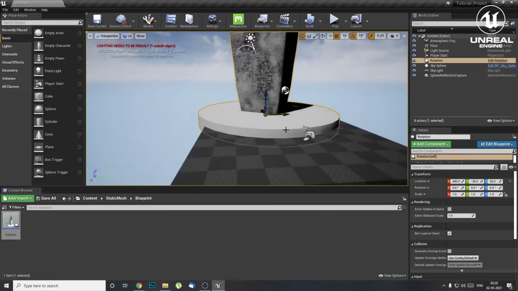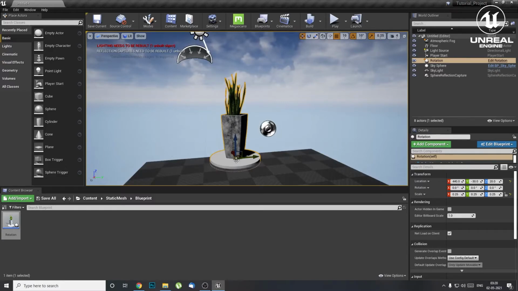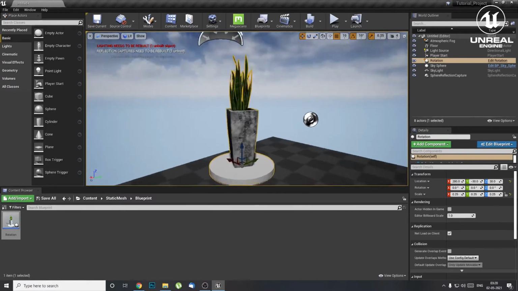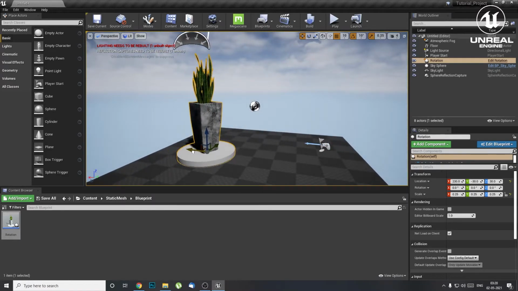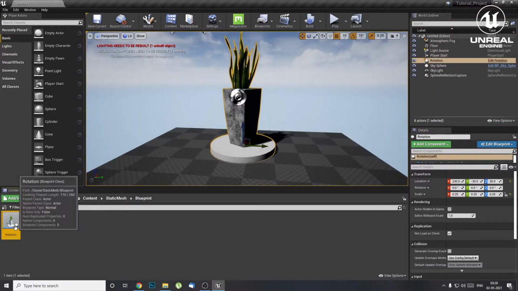And obviously the sizing is way too big, so we can just drag it. It won't affect anything that we have created inside the blueprint basically. Now whenever I'll play this, it would rotate. You'll be like, why will it rotate? Yeah, because of what we did inside our blueprint